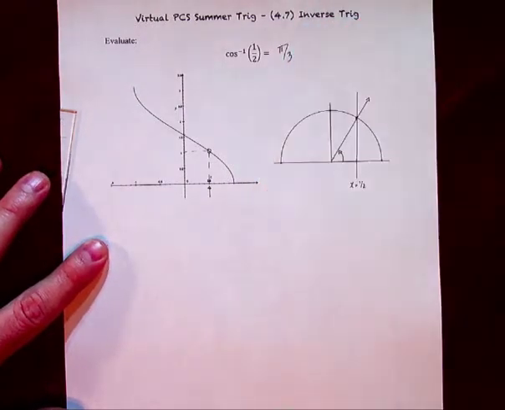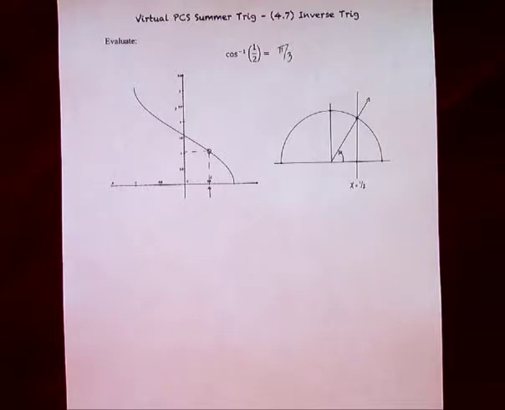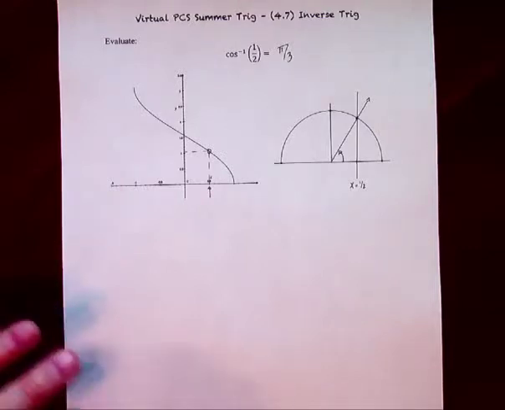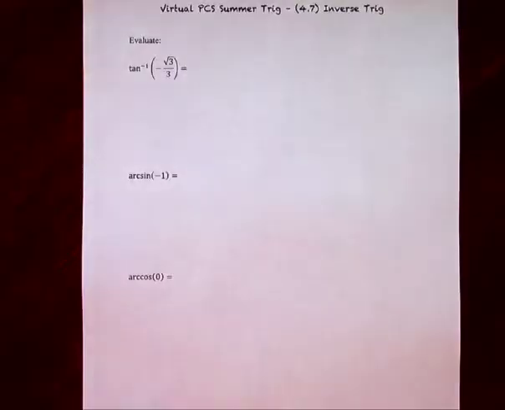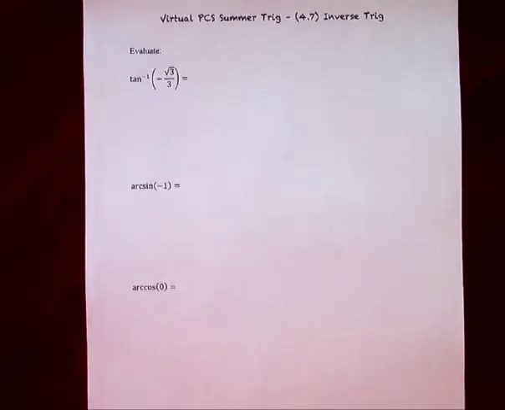Okay. Now, let's go ahead and look at some of these without all the doodads and the pictures. We may have to supply our own, or we may be able to figure it out all by our lonesome. Now, looking at arctan of root 3 over 3. When we get to tangent ratios, they're not quite as familiar to us as sine and cosine ratios,